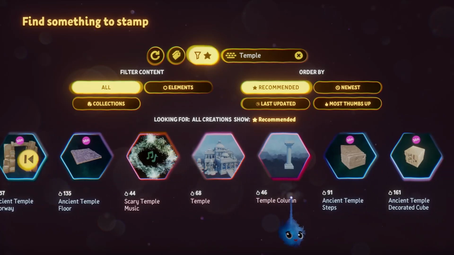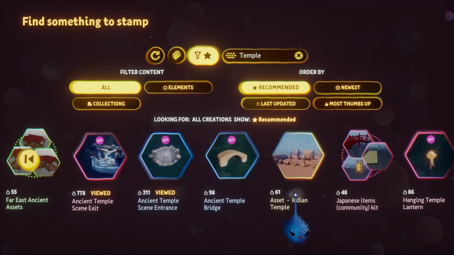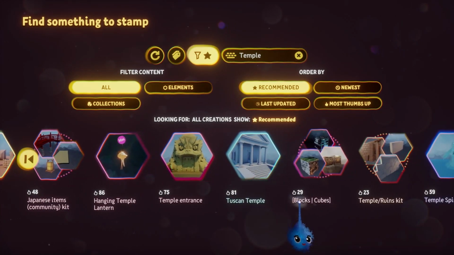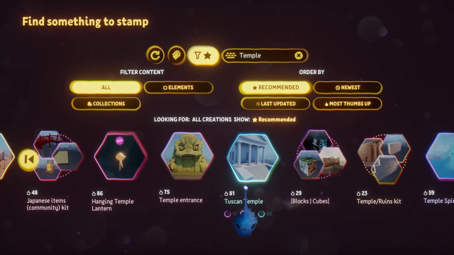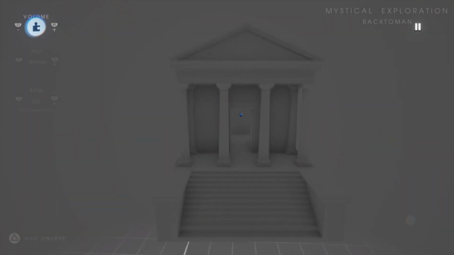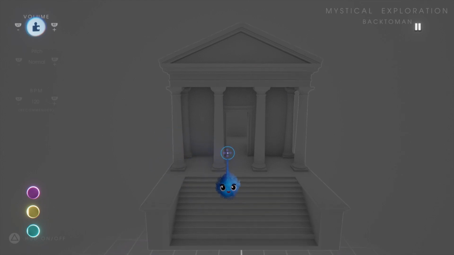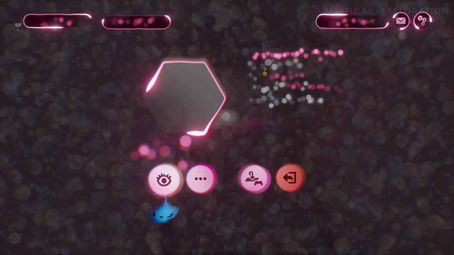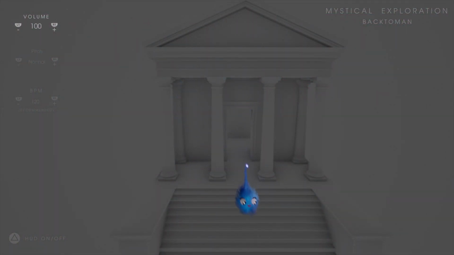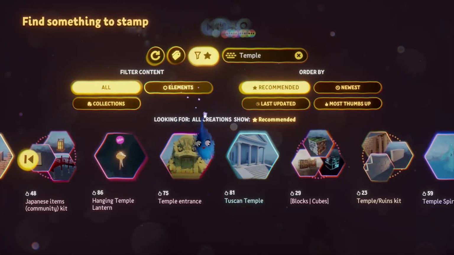Let's see, has anybody done a temple that we can... there we go, we've got a nice template thing there, and then we can put in